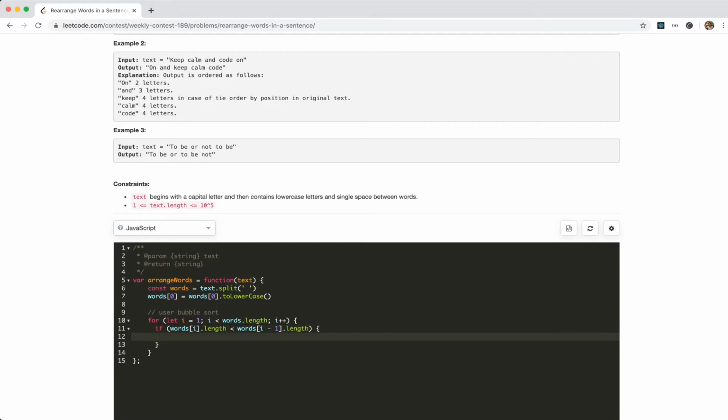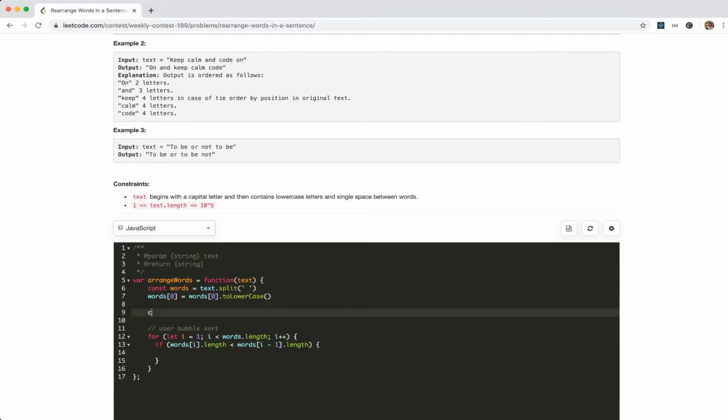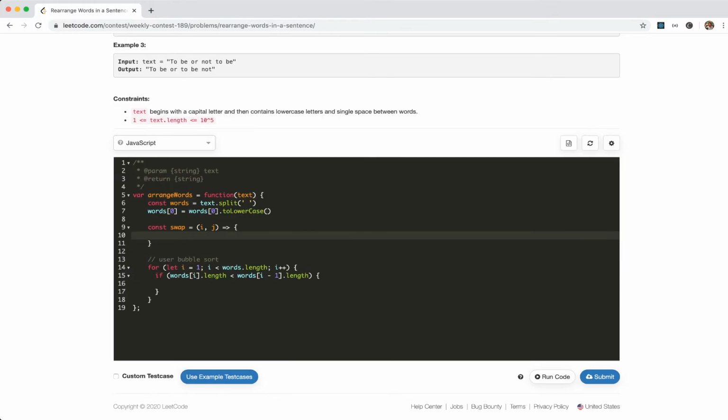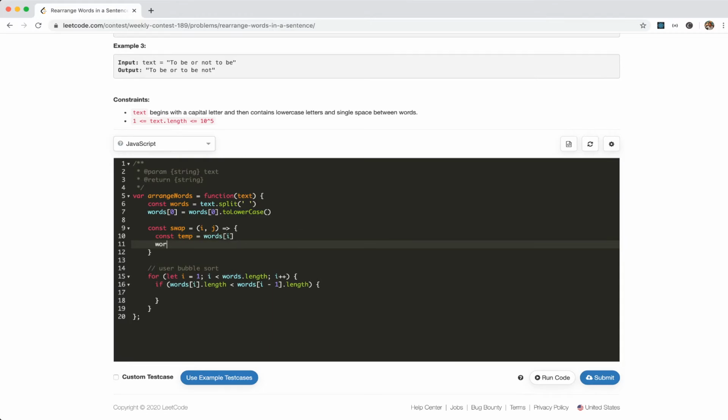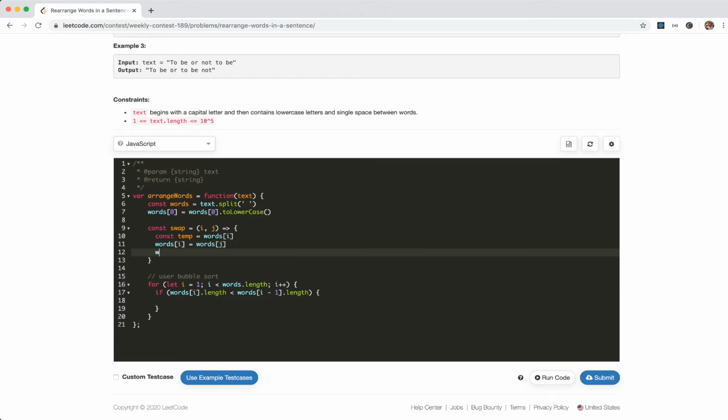Let's create a swap. const temp = words[i]; words[i] = words[j]; words[j] = temp. If this is the case, we swap i with i-1,